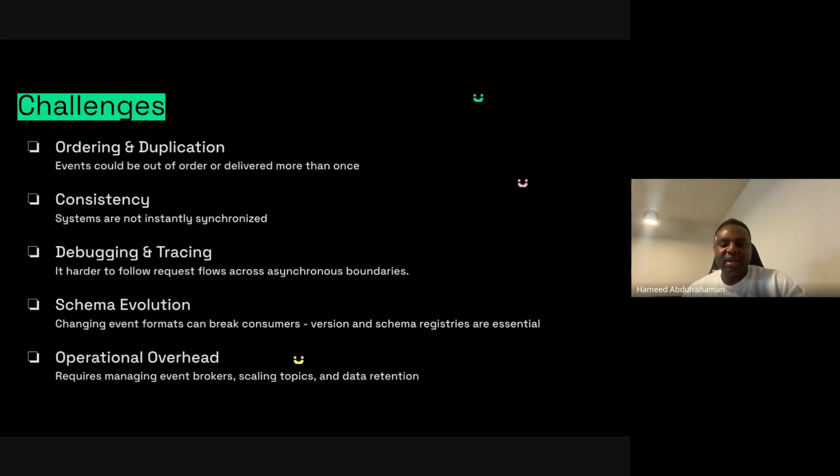So then we have this aspect of consistency. If you look at it in the payment system, we have a scenario whereby it's very, very important for the ledger to be consistent. So now you have a scenario whereby you have multiple ledger databases and you're sending events to these various ledger databases. Then the consistency might not be there due to the fact that this system needs to read those events.